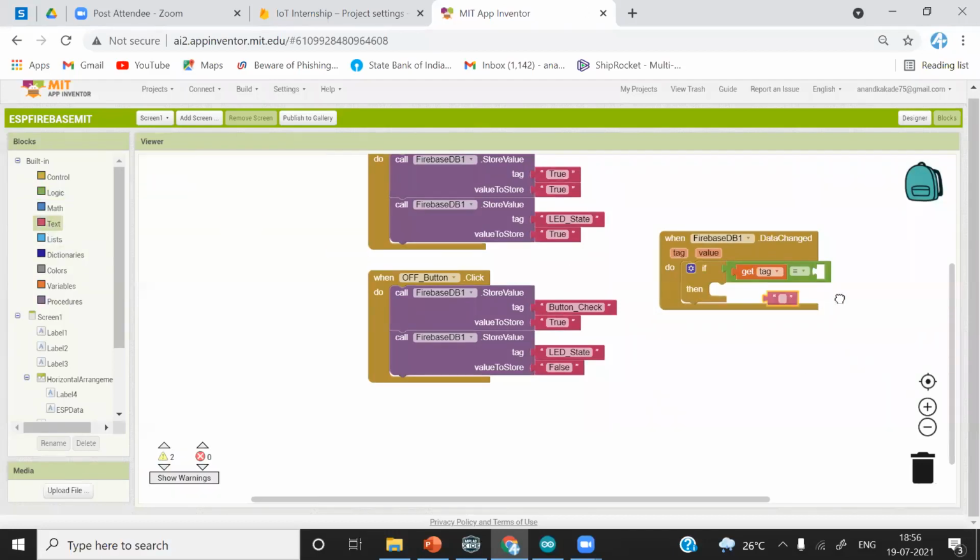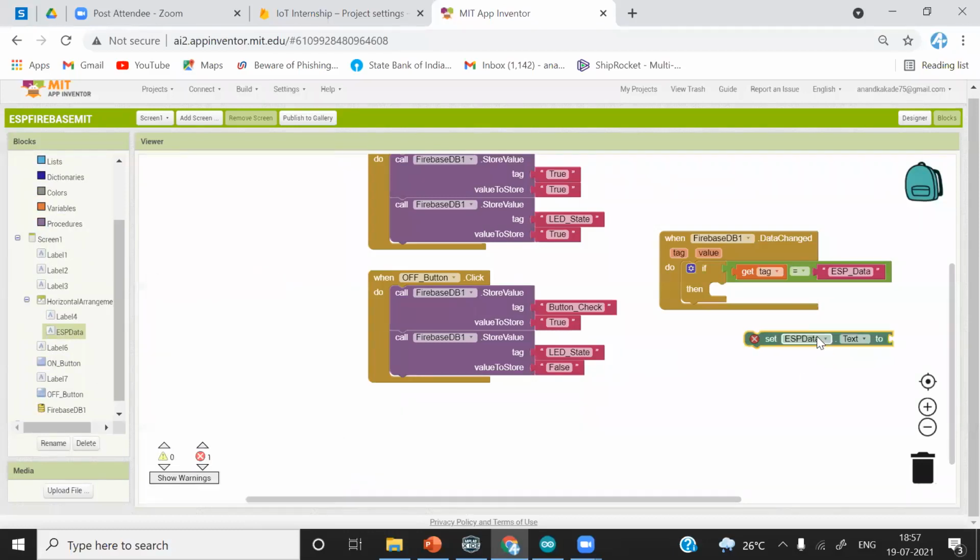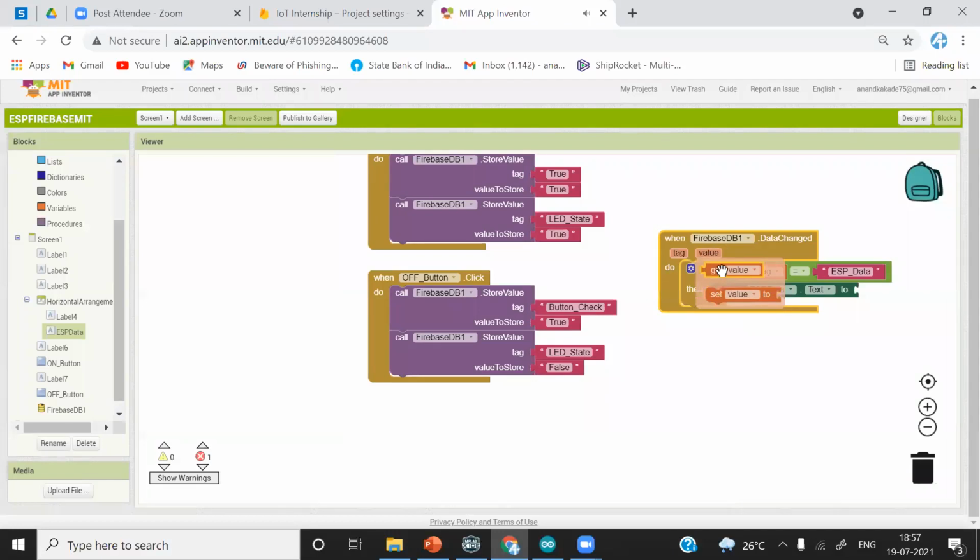Now, from which object are we going to receive data? I will just make it ESP_data, and simply we will put it to ESP data. Value as get value.